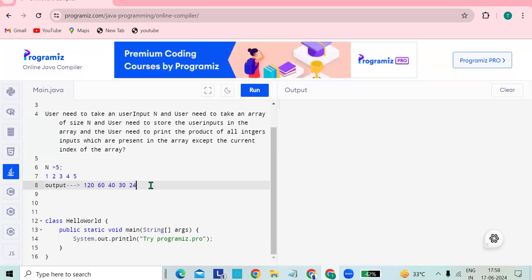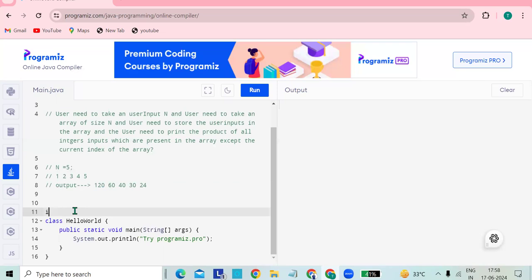So I hope you understand the problem statement. Let's write the code. So now I will write import java.util.*; Scanner sc is equal to new Scanner(System.in), and int n is equal to sc.nextInt(), and I will take an array of size n by using new int[n]